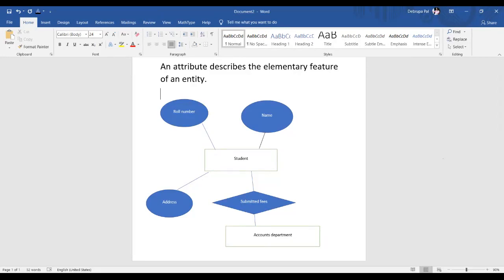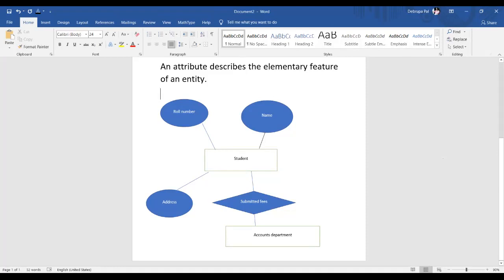Okay? Now there are several things which you need to understand in ER diagram. This is a simple representation of the basic blocks in ER diagram. In ER diagram, you will see the weak entities and strong entities. Here I have shown only two entities, but whenever you are talking about any system, there will be more than two entities, many more entities.